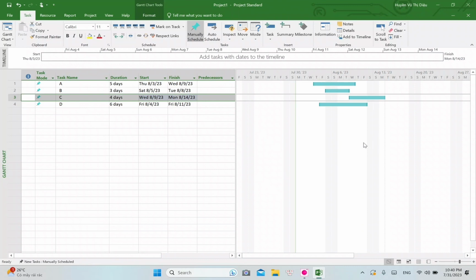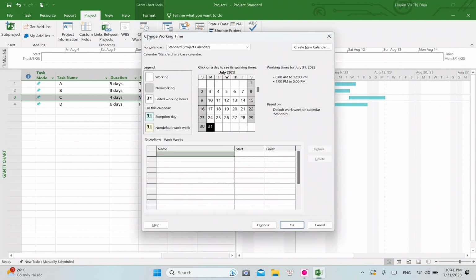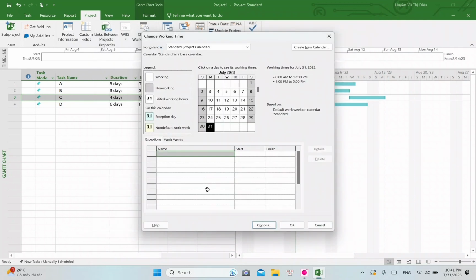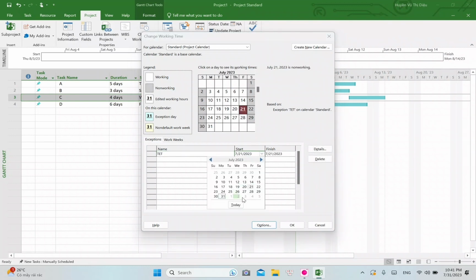To change working time, we go to Project and select the Change Working Time option. In display, we can change the hours per day, per week, per month. After that, we check the calendar status by selecting any working day. Under exceptions, we can add extra holidays or special working days different from the default. For example,